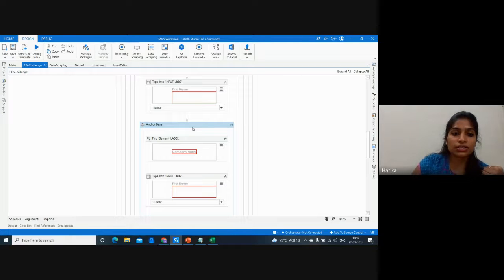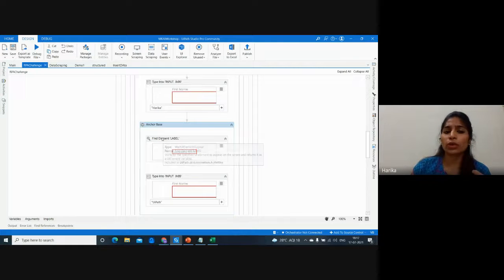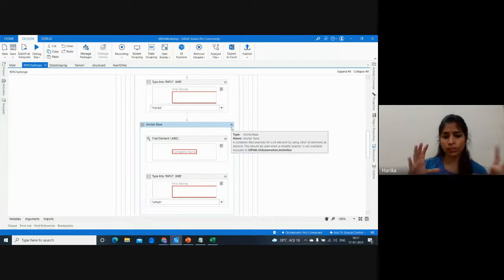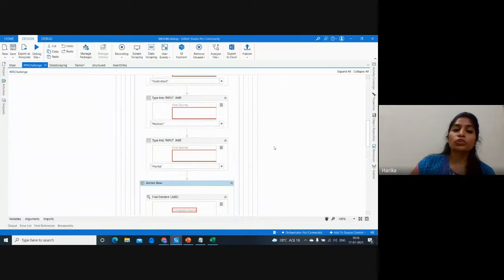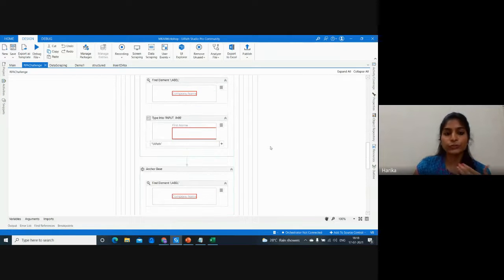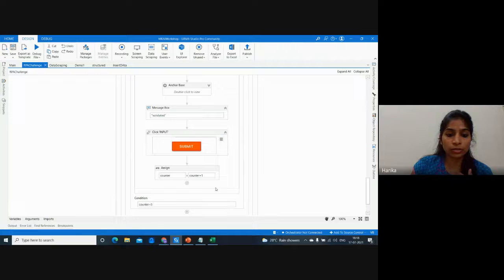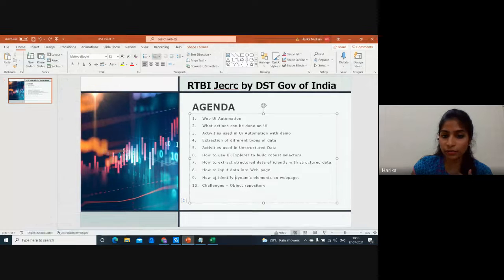So I would personally suggest you go for anchor base because this is the perfect way. We have seen some challenges that we face when we go for an anchor inside the selector itself, right? The best way is going for anchor base, but when you look at the activity itself, it's huge. Still, at the end of the day we want the code to be working properly, correct? So anchor base is the perfect one, but you should be familiar with all the ways. So this is one way and this is the other way. We can choose when the applications are changing dynamically. So I believe this is clear and we have covered everything.